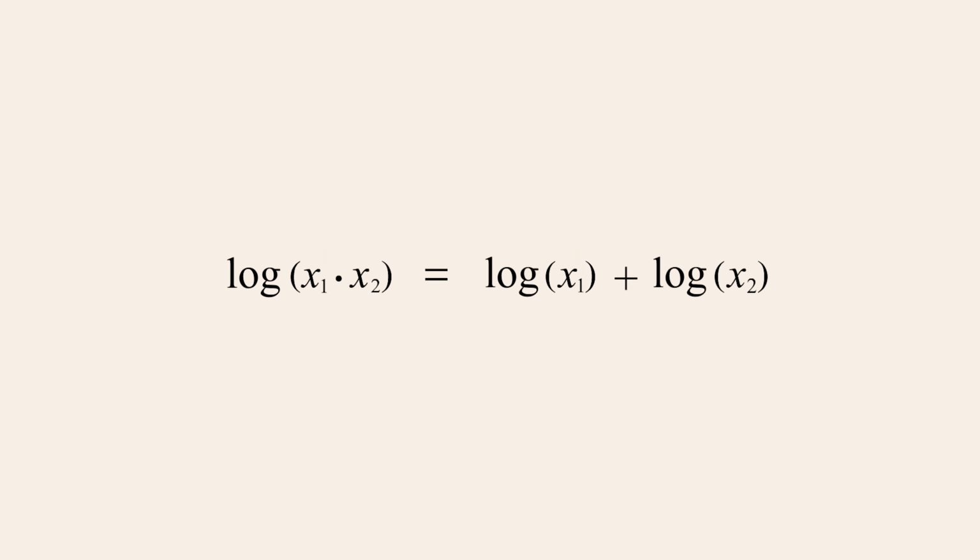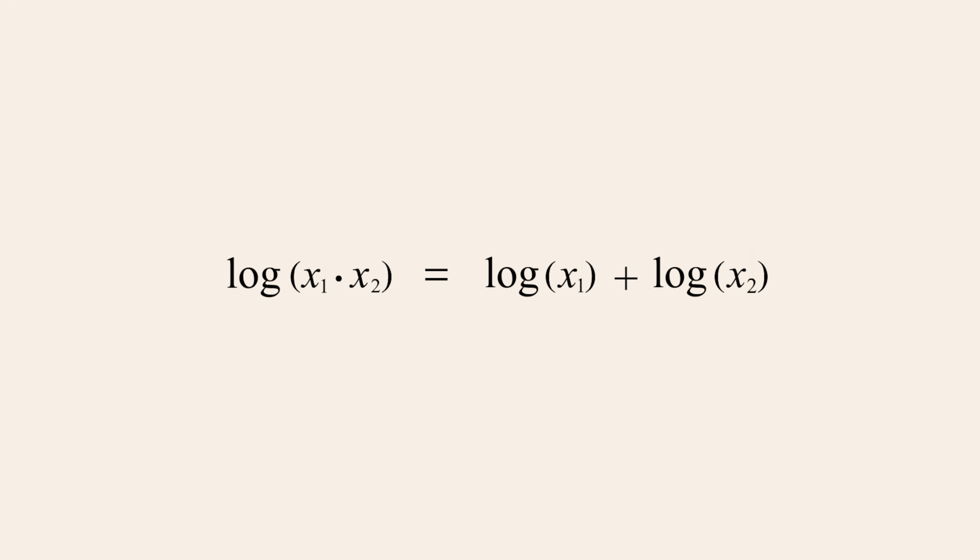For example, a rule of exponents says that if we multiply two copies of the same number, where each copy has an exponent, we get the same value if instead we just add the exponents. Likewise, if we take the log of the product of two numbers, which we will call x1 and x2, the result will be the same as just adding the logs of each number. So let's test this rule. We will assume a base of 10 for the logarithms